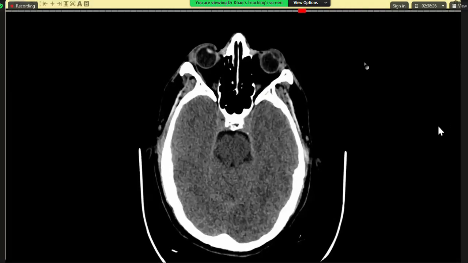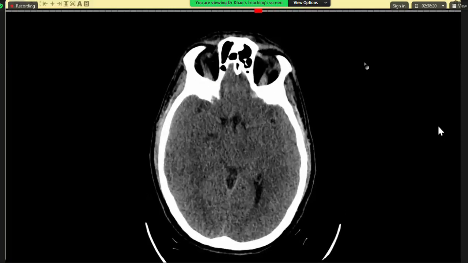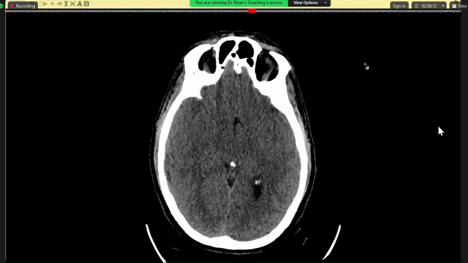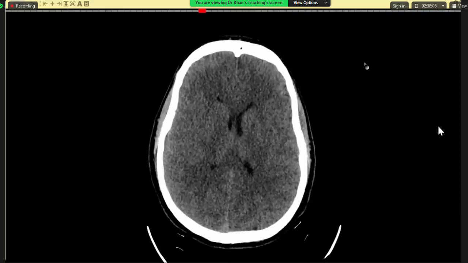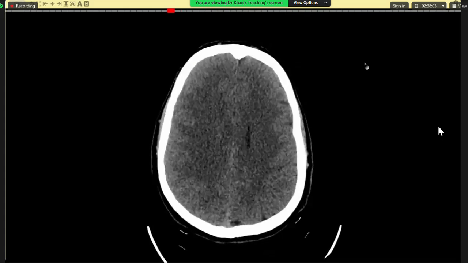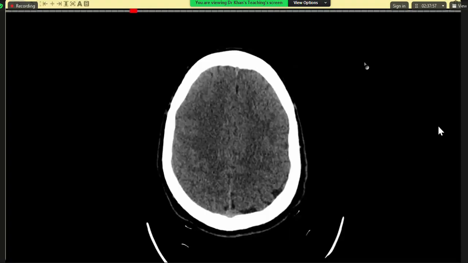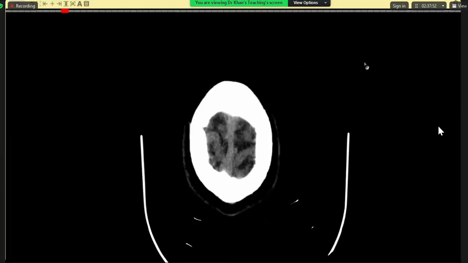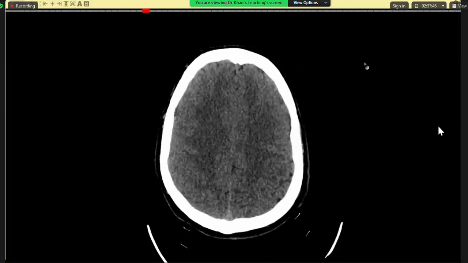I'm trying to rule out any adjacent uncal herniation or tonsillar herniation. Wait, I think there is a mild uncal herniation which is leading to compression on the adjacent midbrain region. The soft tissue outer to the temporal bones are normal, so I don't believe that it is due to some trauma. There is effacement of the sulci on the right side with compression of the ipsilateral lateral ventricle, and there is some hyperdensity seen in the region of superior sagittal sinus, which might be projectional or might be related to the lesion. I will next advise